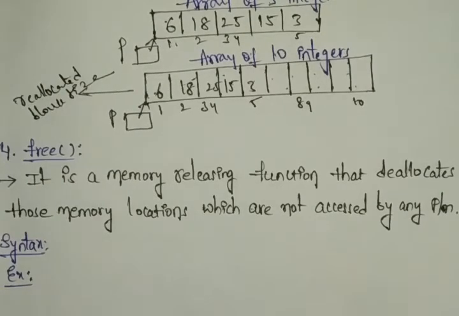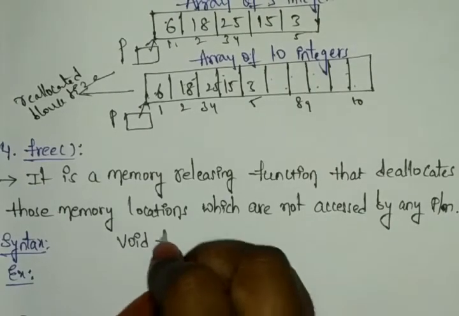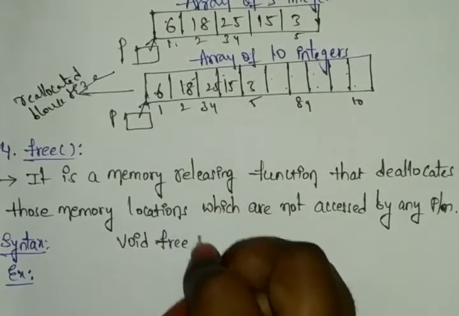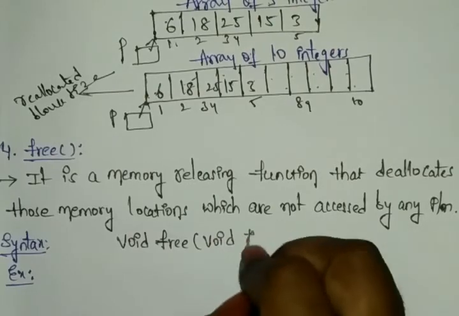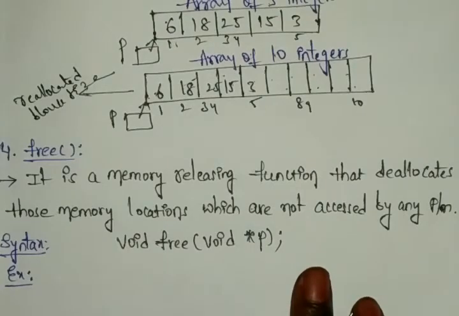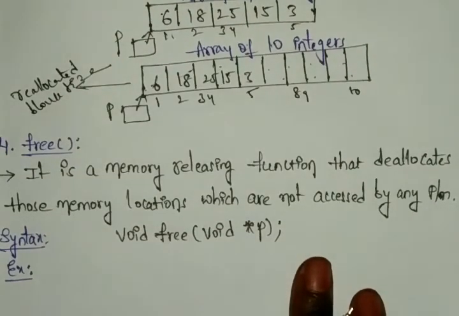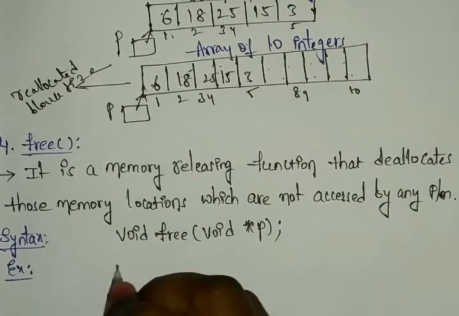So just see the syntax to define this. Void, we are performing the free, right? And next here we have the void pointer p. So your p here can have the memory block that is not accessed by any program. And the void is the return type only. If it is successful, it can allocate some memory. Otherwise, here it returns the null pointer. For example, here I am taking the free.